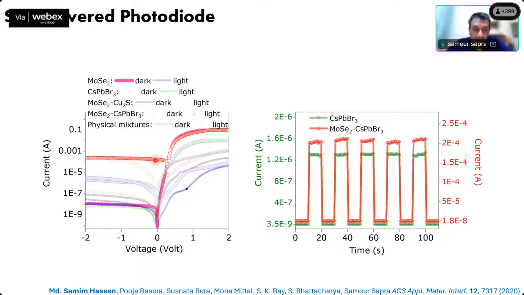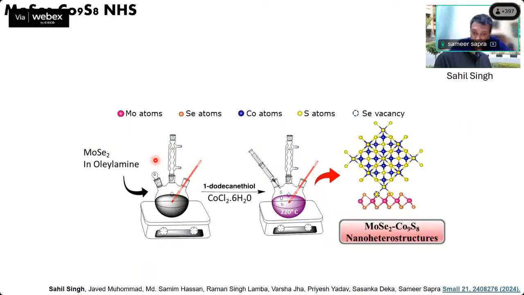a photovoltaic effect. Since you're getting photocurrent at 0 volts, that is because the perovskites are well-known photovoltaic materials. Cesium lead iodide, in particular, has been used for a lot of the perovskite-based photovoltaic systems. And that is where this research led us to later on. But we also made some molybdenum selenide cobalt sulfide nanoheterostructures with Sahil, and he showed that these were